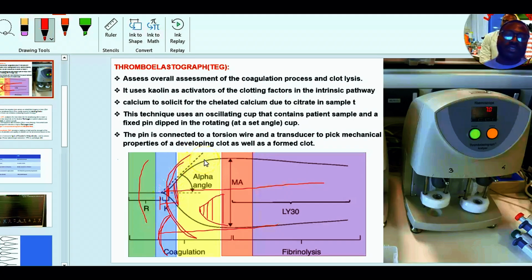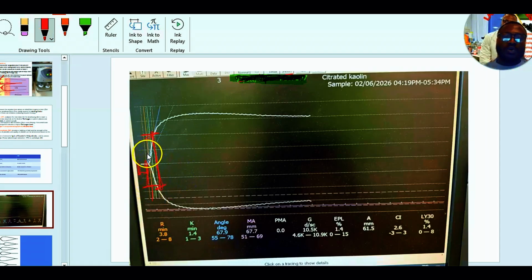So on this graph, you will see that the angle will come on this side, and the tangent that has been drawn are the dashes over here. So the angle between this tangent and the horizontal axis of the sensor or the pin is called the alpha. On a real time graph like this, look, when the clot began at this point, immediately a lot of platelets were trapped into it. So the base, which is the arc at the bottom of the cuvette, is really wide,